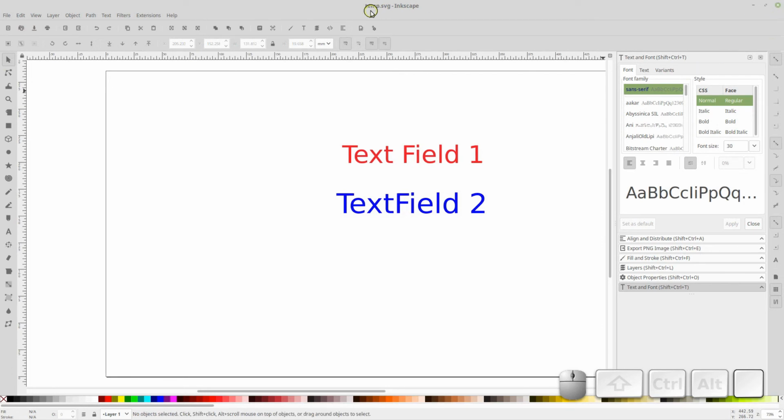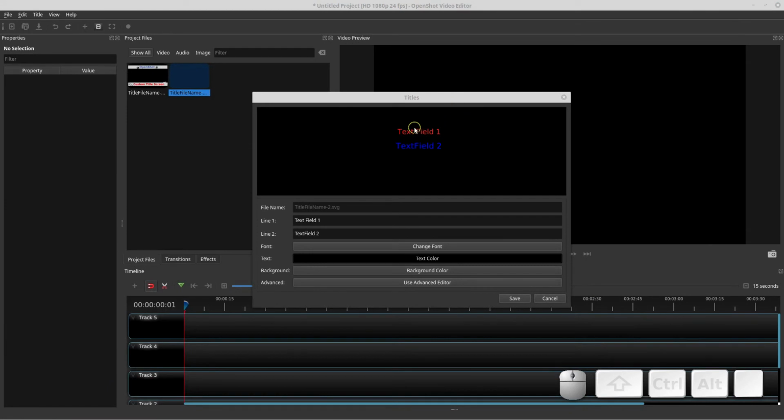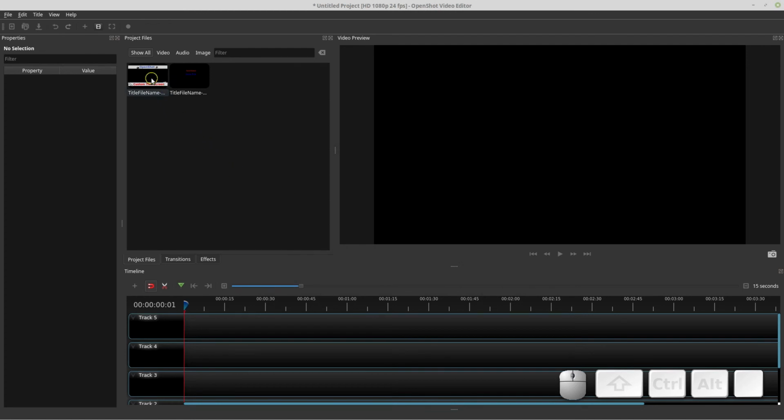You'll see that it's temp SVG, so it creates a temporary file to do this. Now we can see that they are in fact in there, and you can change them. So now we'll change this to some title. What it allows you to do is more easily create a feel for your videos and remain consistent without a lot of work. So for this video, all I had to do